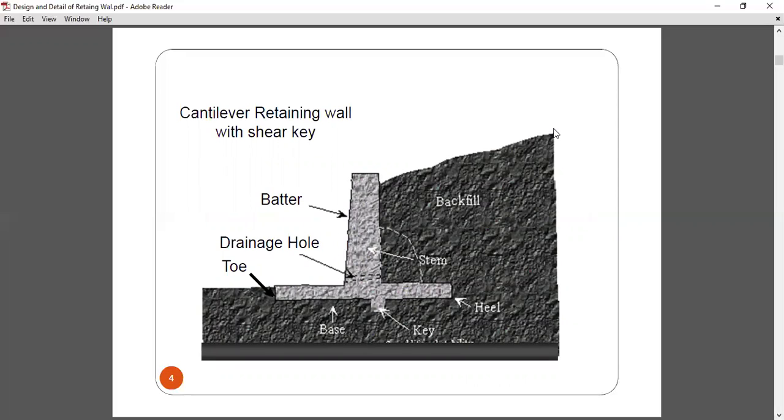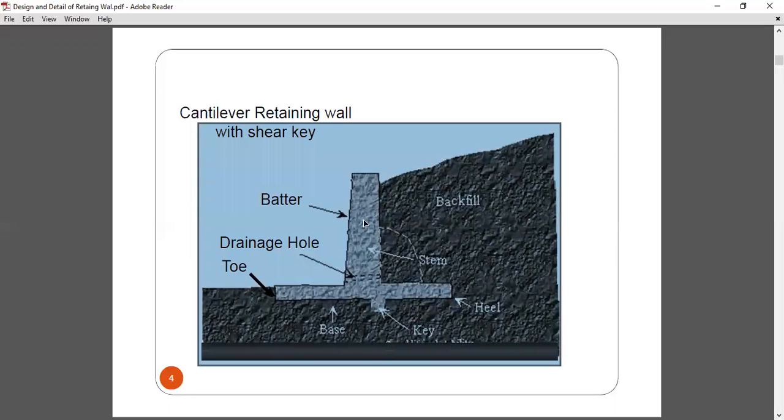There is a cantilever retaining wall. There are different types of retaining wall, but I start with the cantilever retaining wall. It is the formal diagram of a cantilever retaining wall. Assume that here there is no retaining wall yet, and the total backfill is filled like this, but we have to use this land as our road. At that time we need to remove some soil here, put it here, and construct a retaining wall like this.